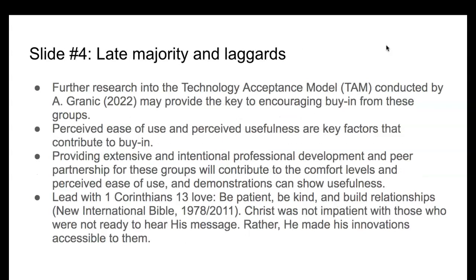The next group that we're going to look at is the late majority and laggards. Further research into the Technology Acceptance Model, or TAM, conducted by A. Granick in 2022, may provide the key to encouraging buy-in from these groups. The perceived ease of use and perceived usefulness are key factors that will contribute to buy-in, particularly from the late majority and the laggards. Providing extensive and intentional professional development and peer partnership for these groups will contribute to the comfort levels